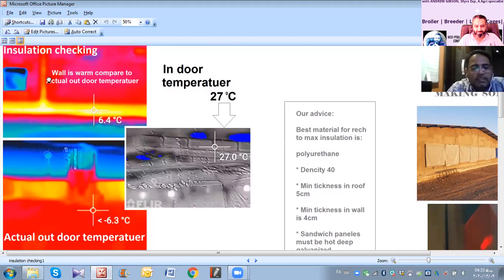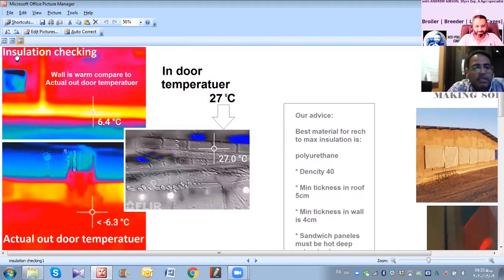You can see on my screen insulation checking.